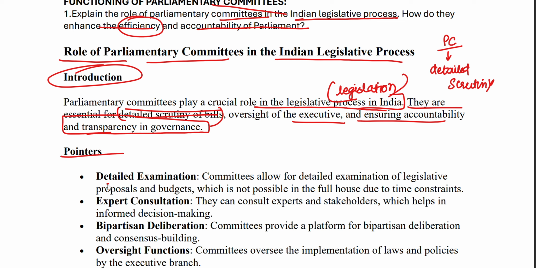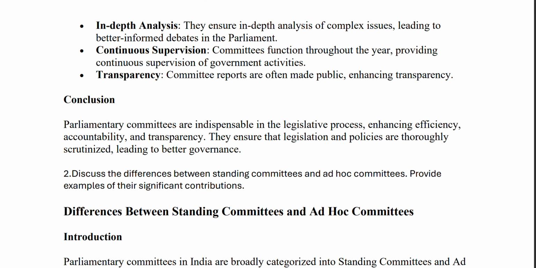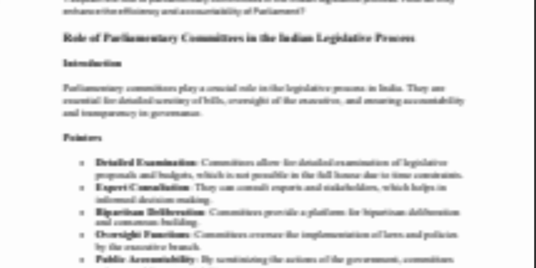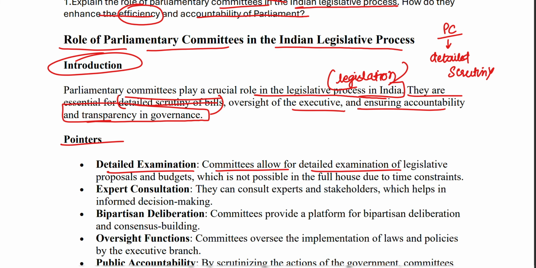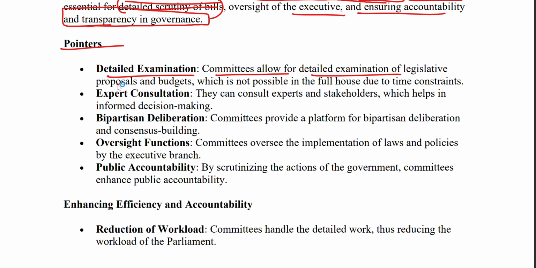Now we go to detailed examination. Committees allow for the detailed examination of the legislative proposals and budgets, which is not possible in the House due to time constraints. But with the help of the committee, we are able to do this detailed examination of the legislative proposals and